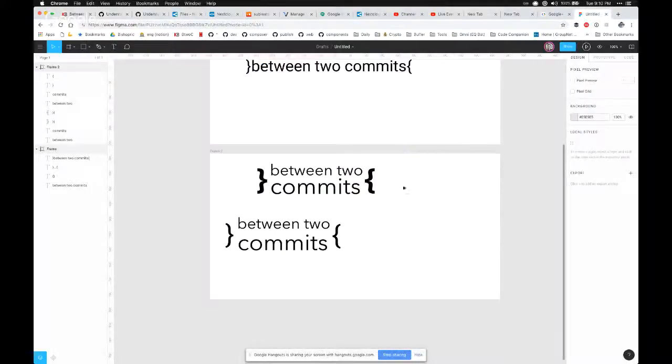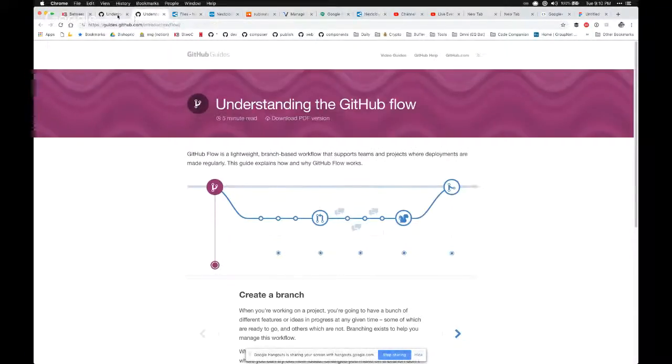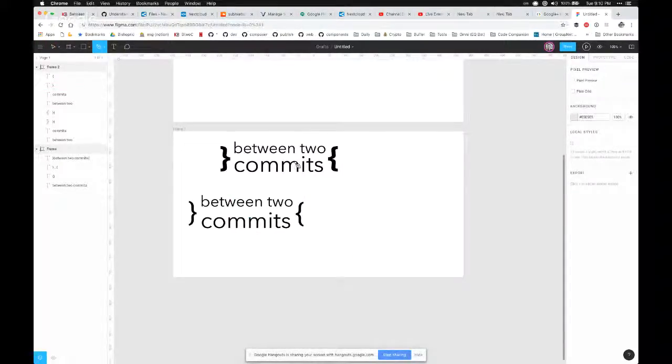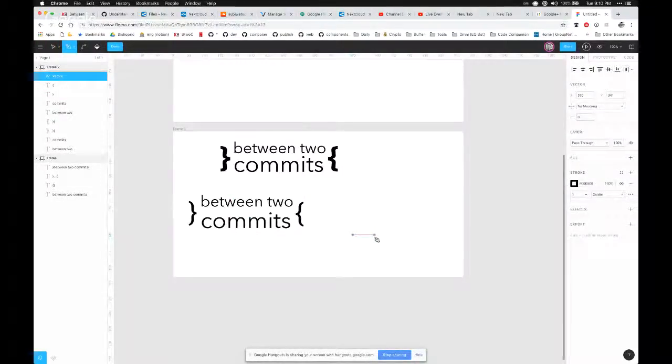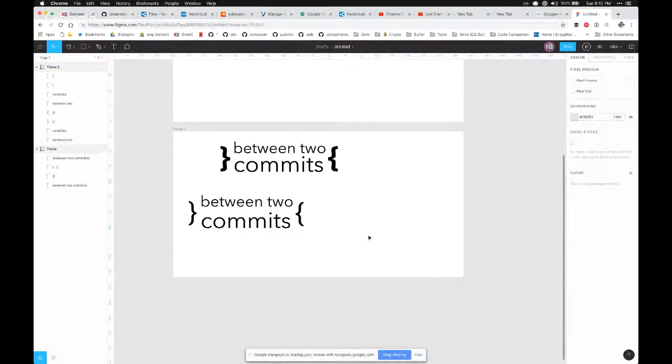Yeah, this is kind of the next thing I want to do. If you go back to the image, you can see on the graph there are several big commits and then a few small ones. So maybe there could be two big ones on either end and three little ones in between, and then the words go on top and below the line. It's not very symmetrical in terms of line height for the upper line and the second line, but I don't know.